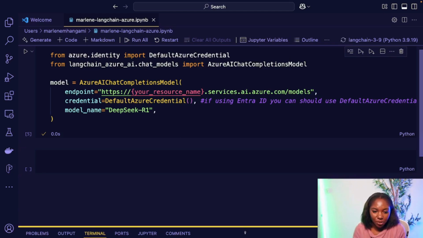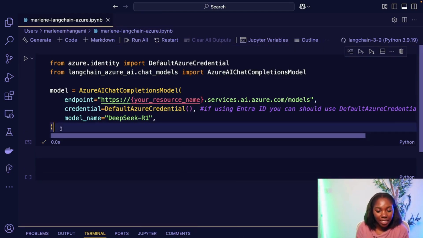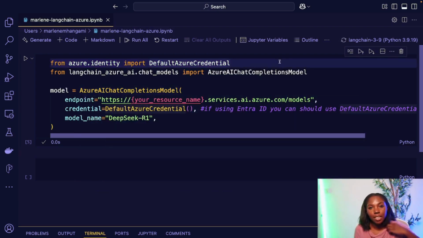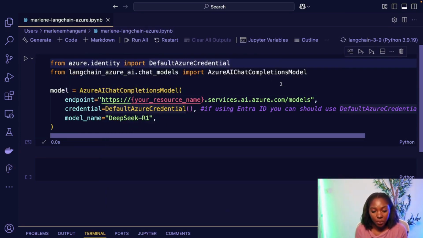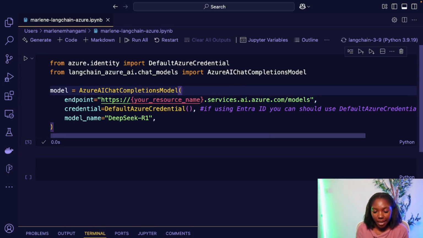Then after that, as you can see, I have a Jupyter notebook open. In the first couple of lines of code, first of all, I'm accessing default credential, which will just allow me to access my model resources without having to use an API key. But you can also use your API key directly if you would like. And then we have this place that says endpoint, and when you have your Azure AI model,